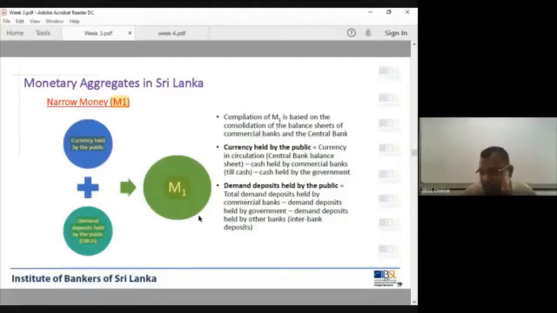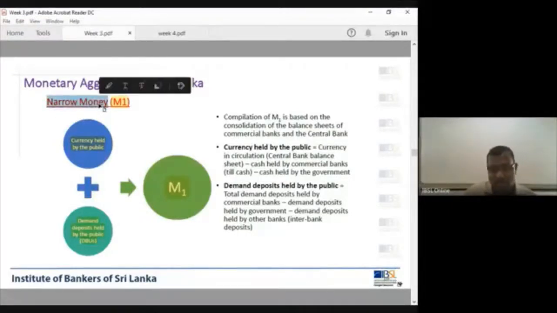So take that in mind or write it down. I have to make some adjustments, very clear here. Take it very clearly. What is the definition? Narrow money is currency held by the public and demand deposits held by the public at commercial banks. That equals narrow money. So why is it narrow? We started with reserve money, remember? And the next monetary aggregate is narrow money. Why do we call it narrow? It has limited monetary liabilities, but it's very liquid.